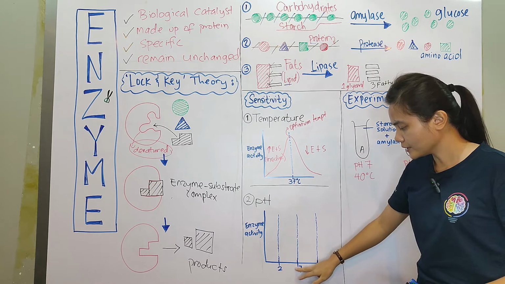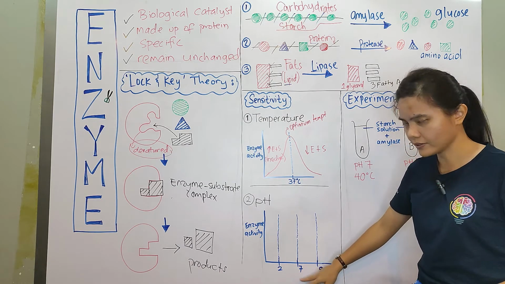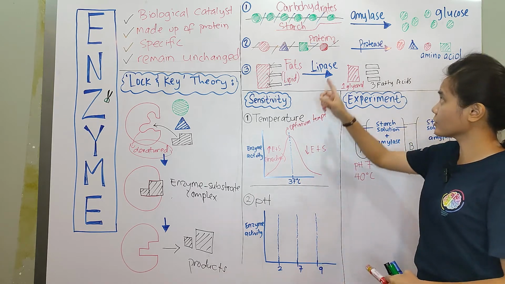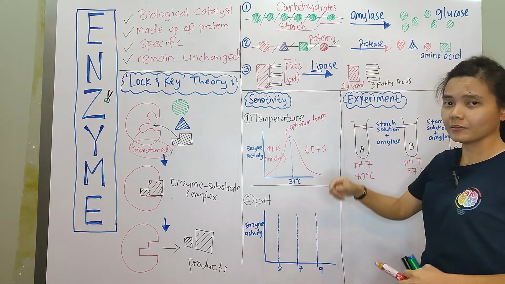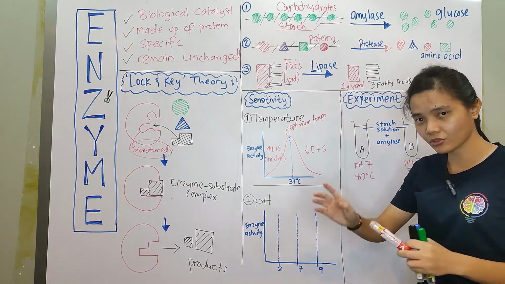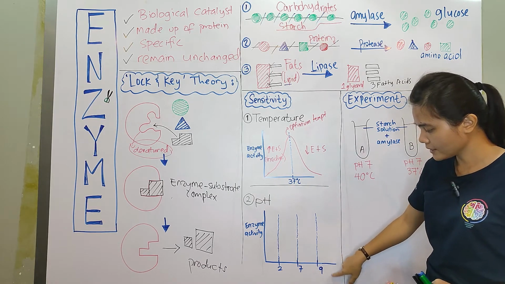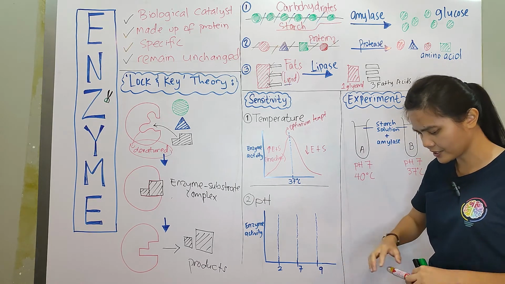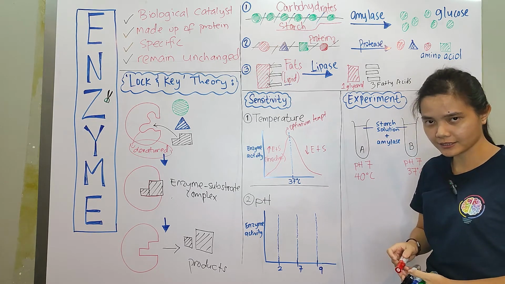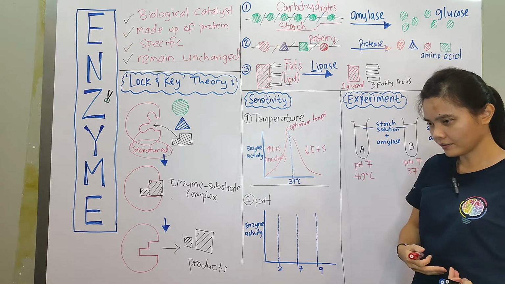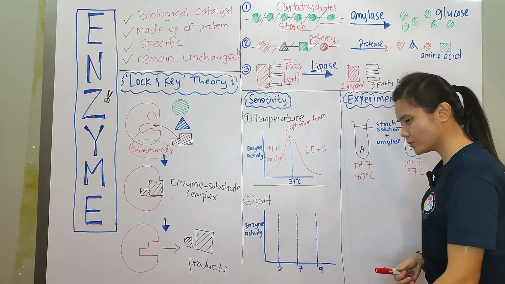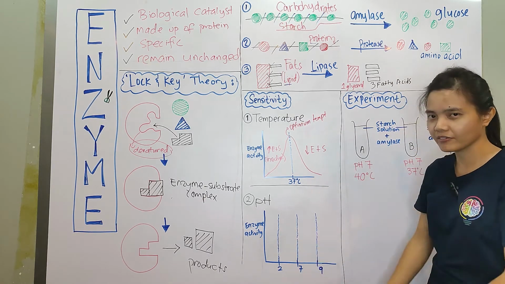And usually, the enzyme that can be found inside your mouth is amylase. At pH 2 is pepsin. That is actually a member of protease. Protease has different enzymes also. We go pepsin and then trypsin. Trypsin works well at pH 9, a bit alkaline, because it is produced by the pancreas. Then it drains the pancreatic juice into the small intestine for further digestion.